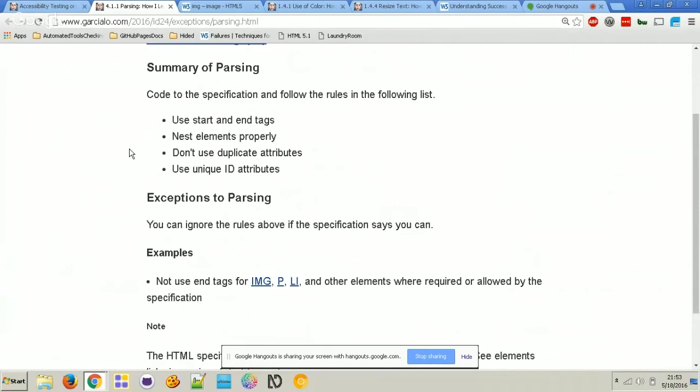I don't have a specific approach to dealing with that. Basically, this is one of the criteria that I don't really like failing too much, because of the weird, nebulous stuff around it. It doesn't always necessarily create accessibility issues. The time where it really creates barriers is when you have an overloading of an ID attribute, and so then you're going to have two aria-describedbys or two aria-labelledbys, something like that. Maybe two labels that are pointing to an ID, but there's two of them, right? So it's situations like that where it really creates a barrier.